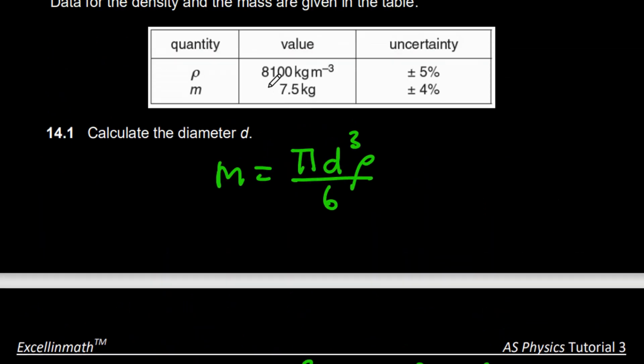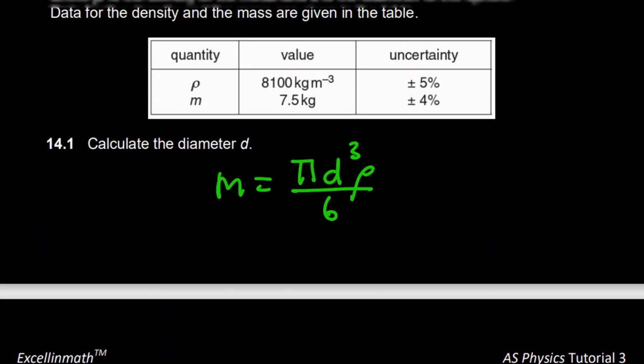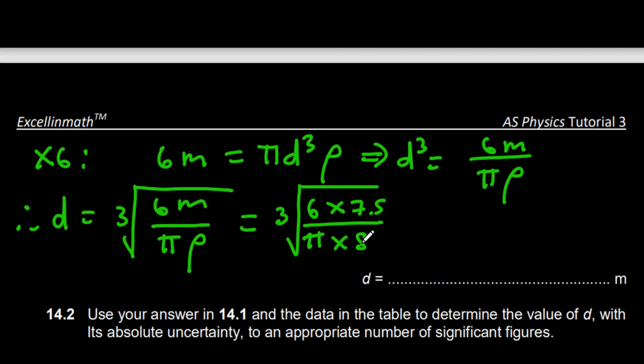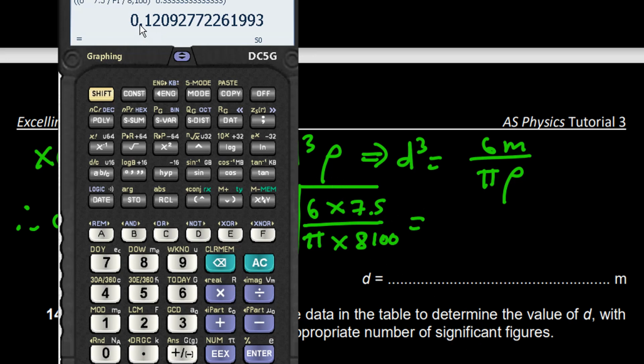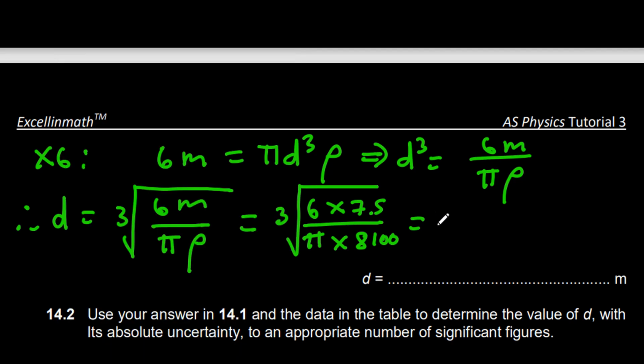And rho was 8,100. Now we can do this on a calculator, and I've worked it out here. We have an answer of 0.1209, etc. Now we're going to write this with two significant figures, so 0.12